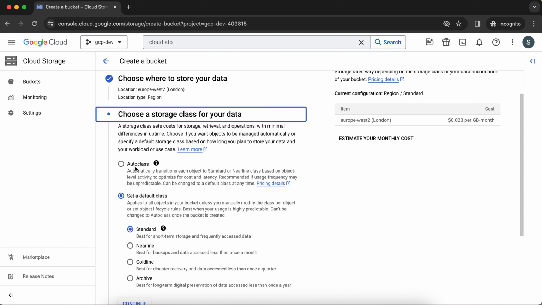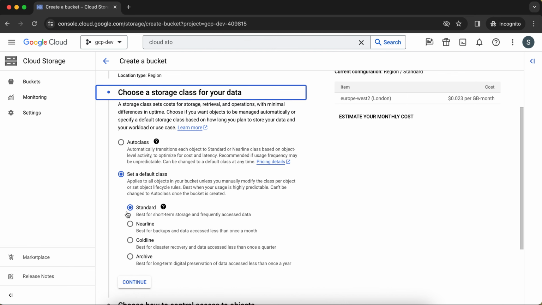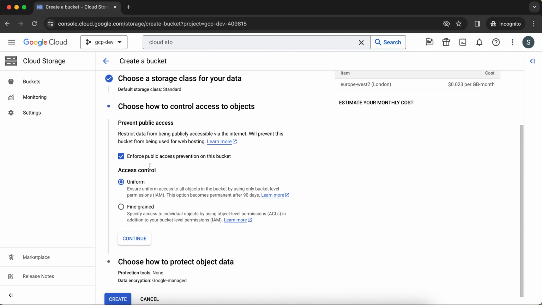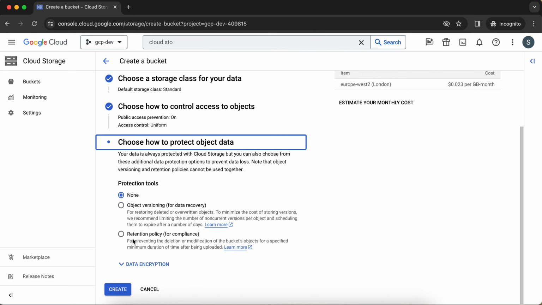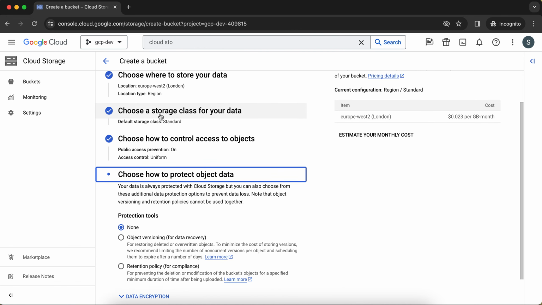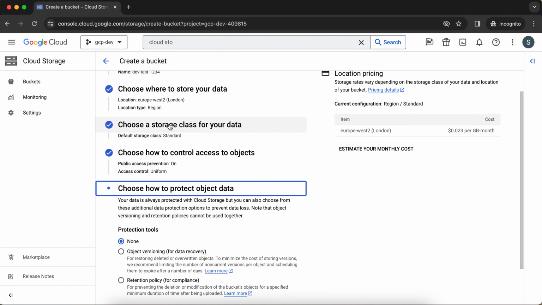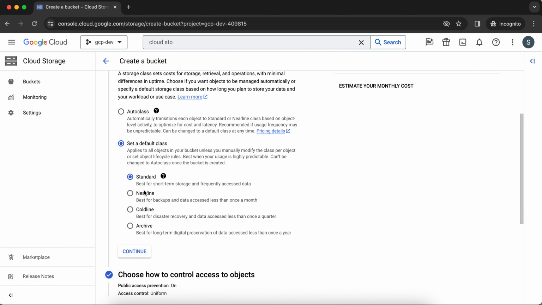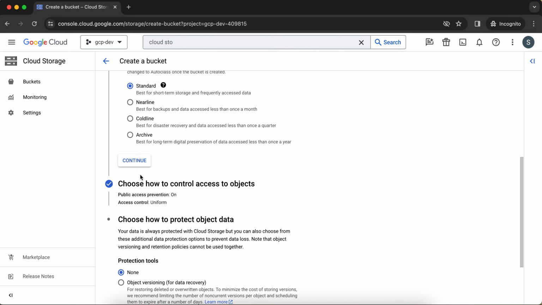For learning purposes, you really don't have to worry much about this. You can just keep these things as default. Set a default class as standard, click on continue. This is also fine, you just keep all those things as default. From the storage class perspective, we will see various other storage classes, and the context behind all of them, what nearline, coldline, and archive mean. But for now, since we wanted to see how to create a bucket, we'll just keep it as default. Okay,